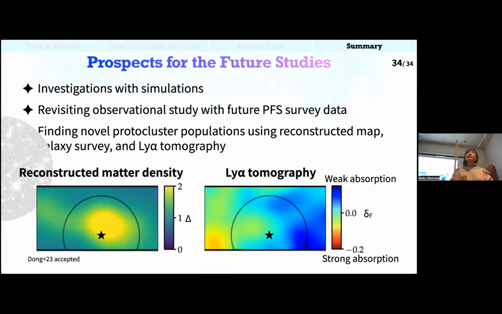Our results still suffer from some challenges. For instance, we may need to revisit the method of the reconstructed matter density, because this study is a very first demonstration. And on the observational side, we still suffer from the limited sample. Also, due to the use of spectroscopy, we actually miss a lot of information on the faint galaxies. So in the future, we plan to get more spectroscopic data from such faint galaxies